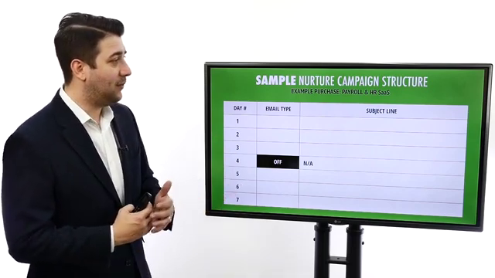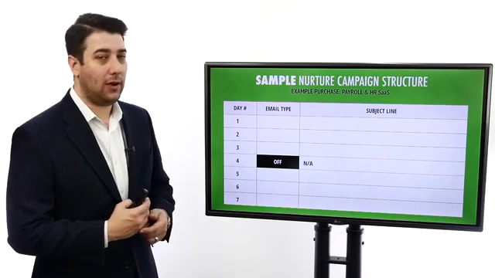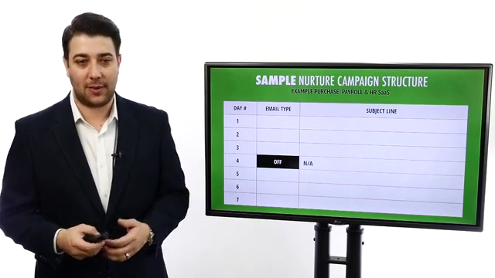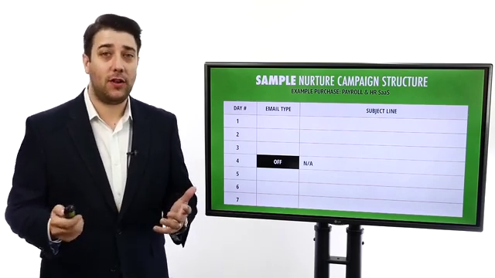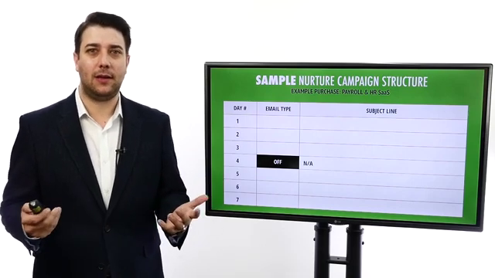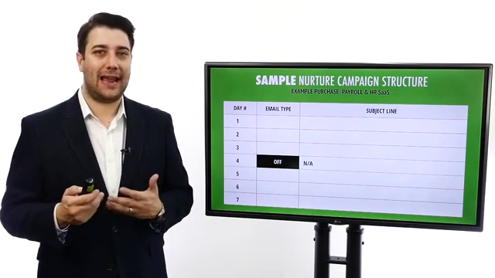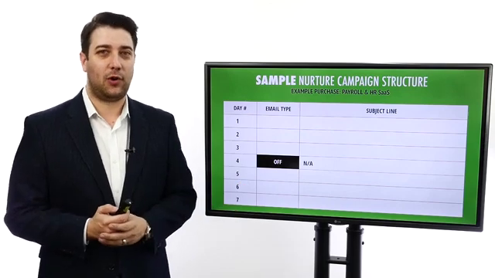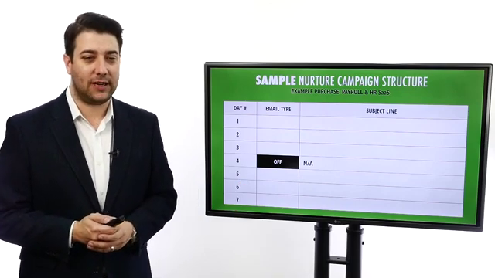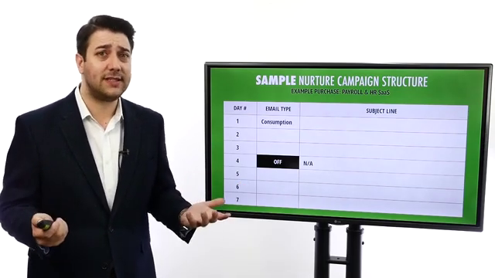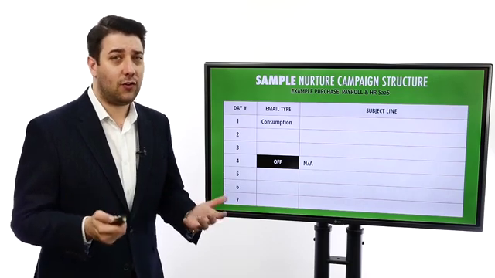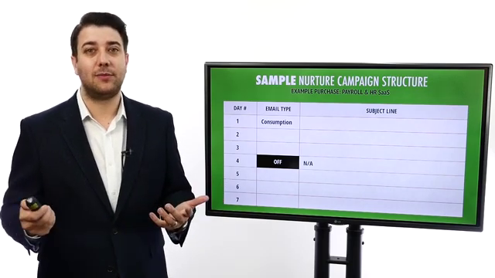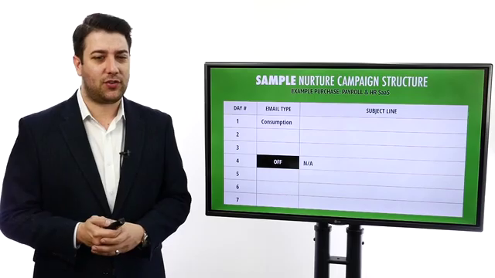So in this example, we're going to use the payroll and HR SaaS or services company. You just made the sale. What do you say, right? What does your campaign say? What is the goal of it? How are we going to use email to move a person through this phase of the customer journey? We're going to start with consumption, right? We're going to nurture and start with the consumption of that major purchase they just made.